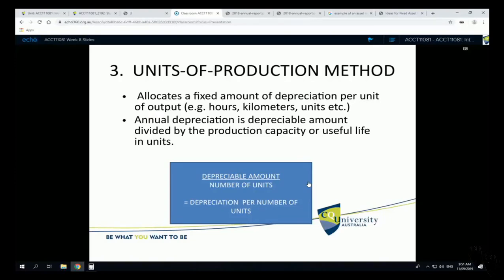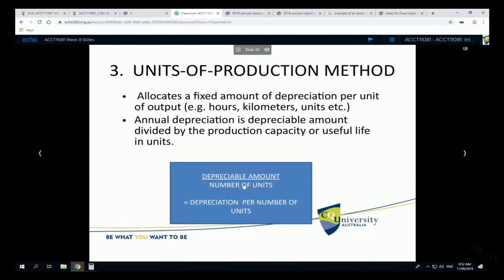So the annual depreciation is again our depreciable amount. So exactly the same numerator in this formula as straight line method. So we start with cost minus residual value. What changes in this formula from the straight line method is the denominator, the bottom. In the straight line method, we divided by useful life to the business. In units of production method, we divide by the number of units that we think are going to be useful to the business. Okay, so we divide this depreciable amount by the production capacity or useful life in